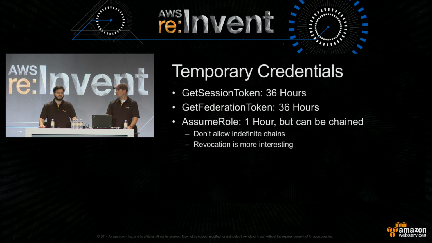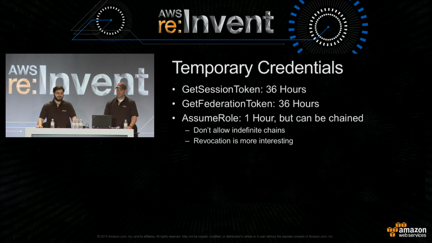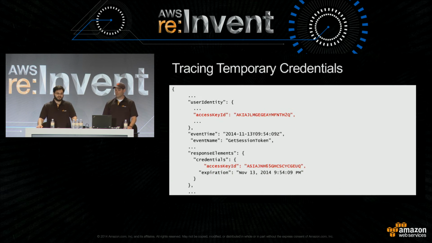You should look at the CloudTrail logs for any signs of these having been created. If you followed our earlier advice about creating a completely new identity, then this is less of an issue. Just drop a policy that blocks all access from the old identity and you're done. If you're not in a situation where you can do that, revocation is worth paying attention to.